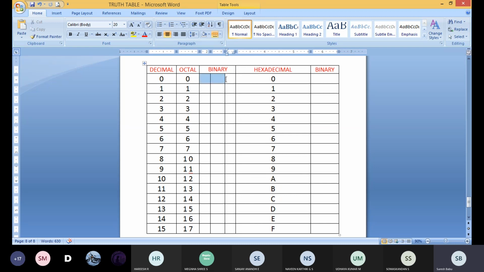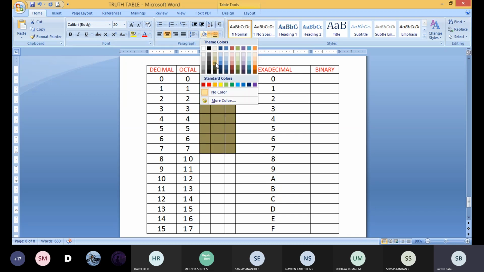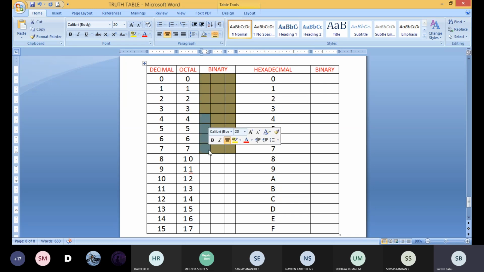Okay. So see here, the first 8 possibilities. So this is the first 8 possibility, if you consider that truth table. Okay. So kindly see the first 8 possibilities. The first 4 will be given as a 0. The second 4 will be given as a 1. Okay. So 0, 0, 0, 0. Okay. The next 4 will be 1. Okay. 1, 1, 1, 1.